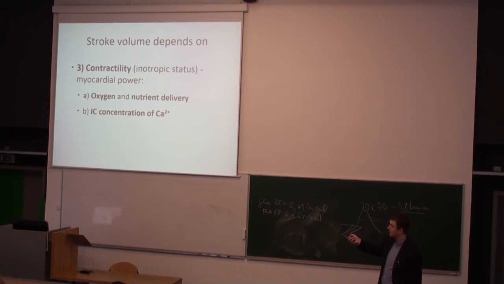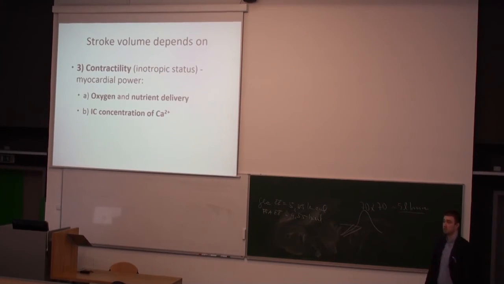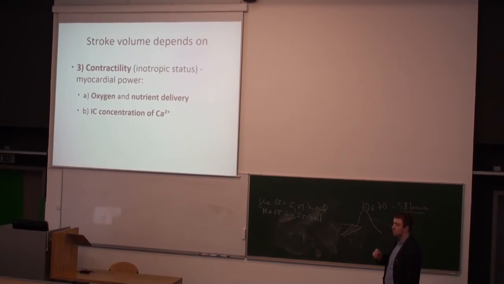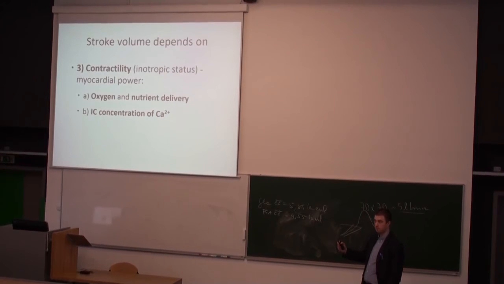And here you have two things that you need for normal muscle contraction. So first what you need is energy. That means oxygen and nutrients. So if your heart has a myocardial infarction, the region that should be supplied by the occluded blood vessel simply cannot work. And if you look at it on the echo, you will see no movement. Simply there is no energy, no nutrients, no oxygen, therefore no work.